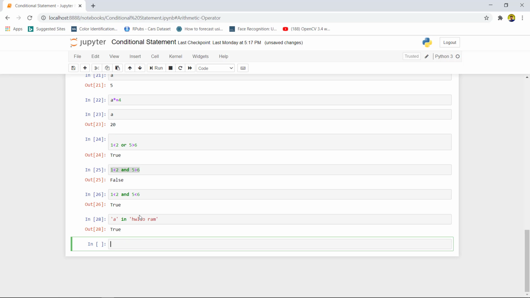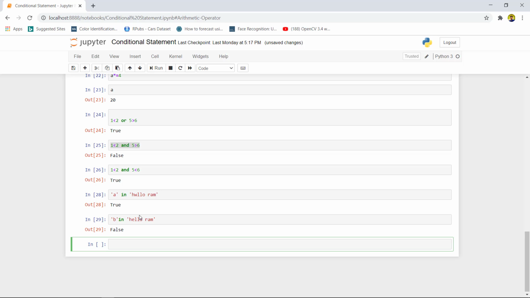But if we check B inside the same value, it will give false because there is no B inside this word. Similarly there is the not in operator. If we use the same command and put not in, the not in membership operator indicates that something is not in the other word. If we check B not in Ram, it will give the output true.